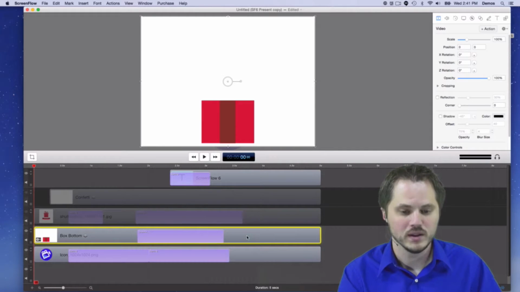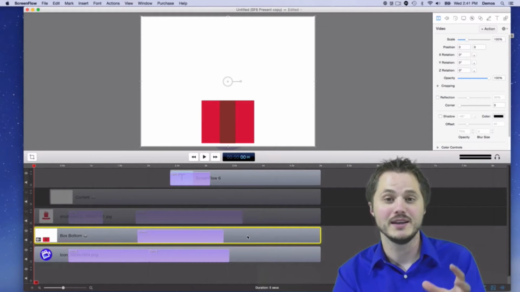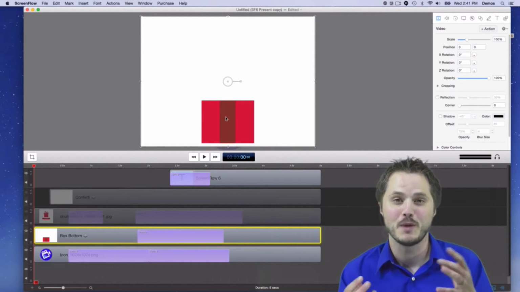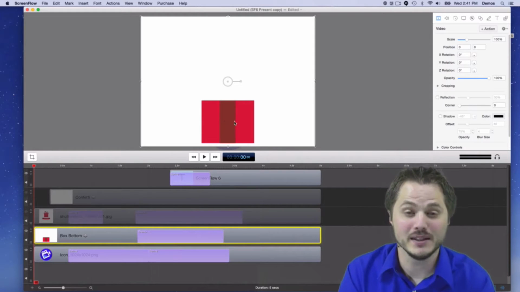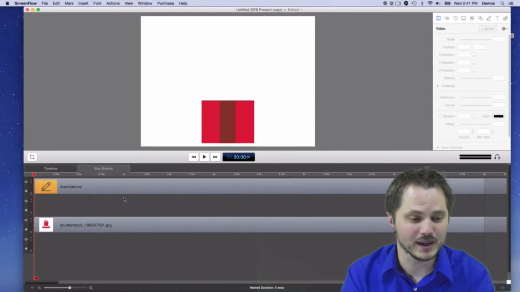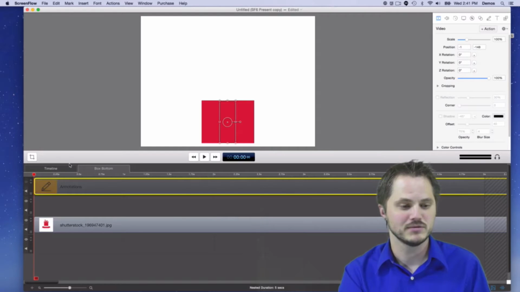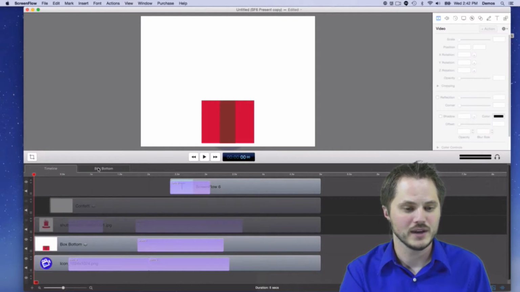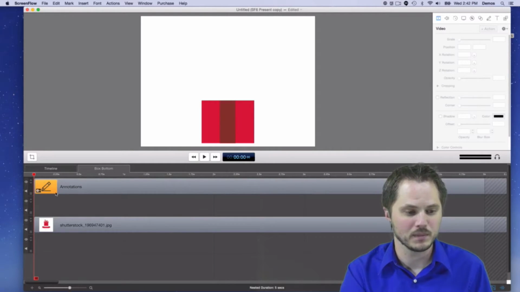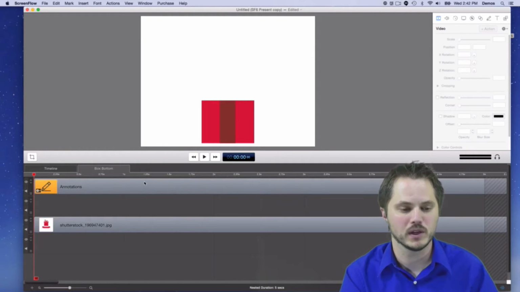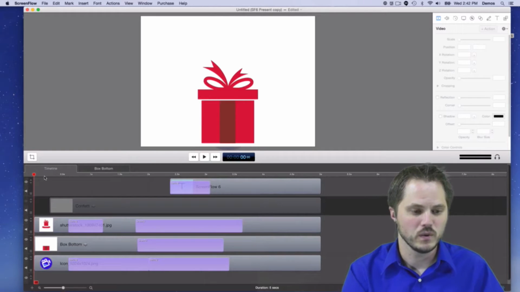Let's check this. Oh, this is a nested clip. So it looks like I didn't even add the wrapping paper. Sorry, I'm remembering all this now as I go. I didn't add the wrapping paper in Photoshop. I actually added it in ScreenFlow, and I nested the clip. So all I did was make a little annotation in ScreenFlow that is the wrapping paper. If we turn that off, you can see it doesn't have wrapping paper. And naturally, it's just the box without any wrapping paper. In ScreenFlow, I was like, I kind of want some wrapping paper. Can I do that? And I just added an annotation on top, which looks nice, I think. So added the wrapping paper,